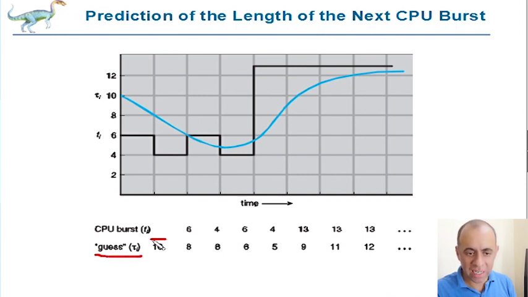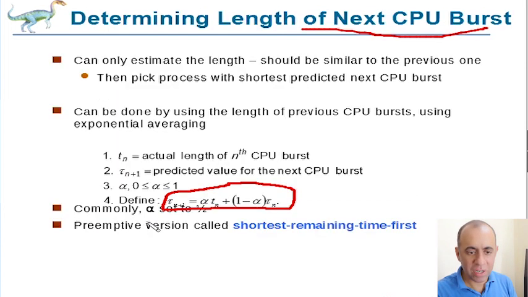The first guess that we will be making will be a wild guess. We are just going to take any number which we think is good, and then we are going to send that process to the CPU. For example, this process went into the CPU, it took 6 time units, right? So t n becomes 6. So this formula simply says take the previous guess and multiply it by some factor,